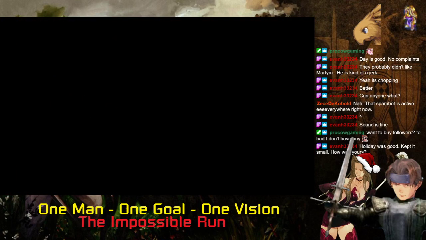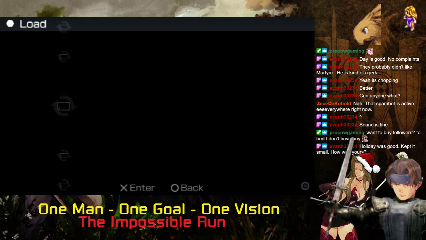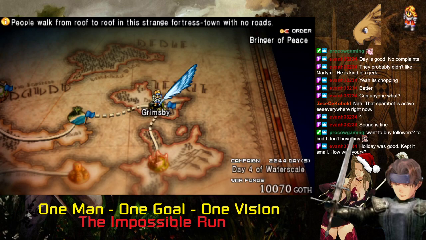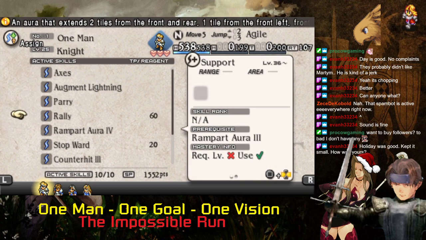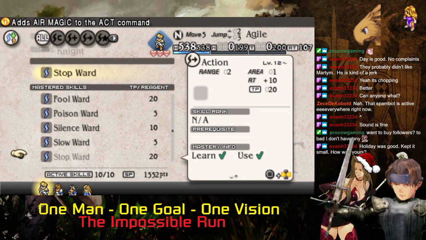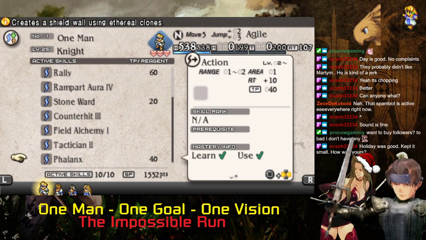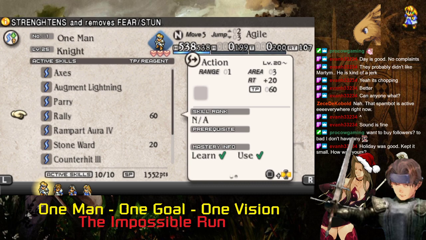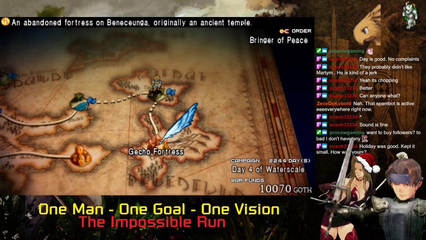Right, right. Yeah, I feel that build is doing its job. It's just that dang petrify. All right, we'll get rid of stop ward. We'll put in petrify ward and see how quickly we regret this. Probably keep strengthen. I mean, it's a really high cost move, but